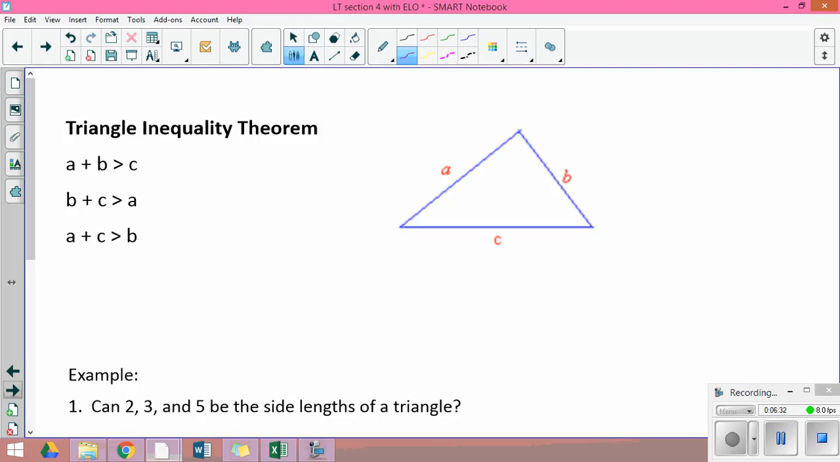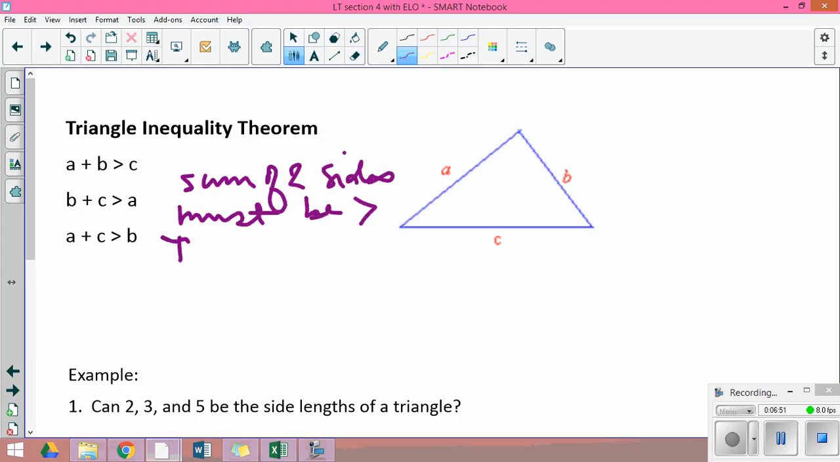Which brings us to our last point today, the triangle inequality theorem. There's a relationship between the sides of any given triangle. The sum of two sides, any two, must be greater than the third. If it's not, the triangle doesn't exist. And notice it's greater, not equal. So for example,